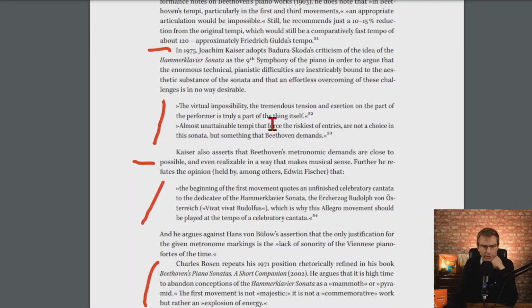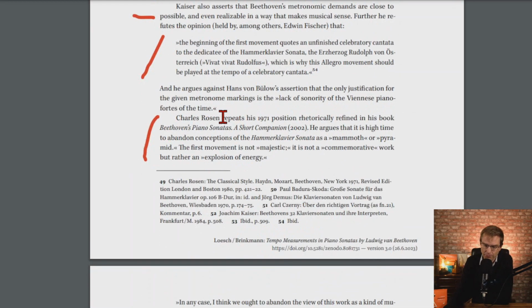By the way, also sent to Ries. "Almost unattainable tempo." You see, that's, yeah, weasel words for like impossible tempo. "That forces the riskiest of entries are not a choice in the sonata, but something that Beethoven demands." You go, suffer and die. I don't think so. Charles Rosen then repeats this in 1971,